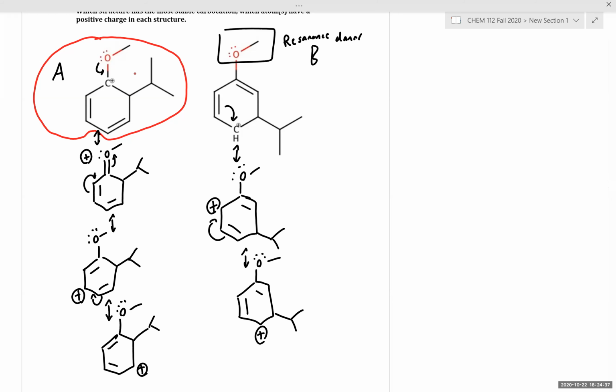Does that logic make sense? Does that logic make sense to everyone? Perfect. So this is a great point for us to take a quick